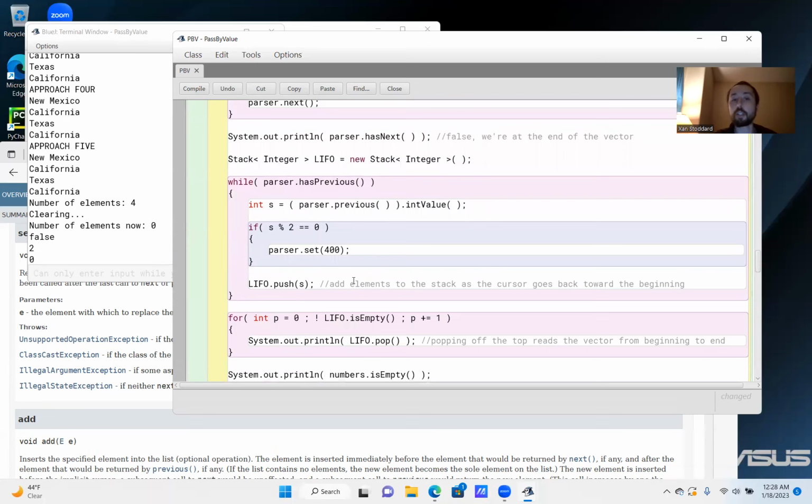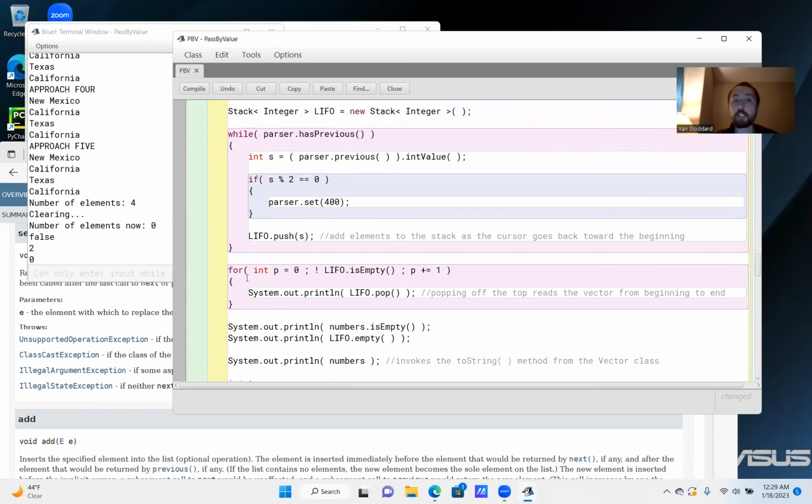So what this does is it's going to add elements to the stack as the cursor goes back towards the beginning, because you're going to keep calling parser.previous, and one at a time, the cursor is going to go back towards the beginning of the vector. But each time you do that, you're going to add that previous element to the stack, right? So it's like adding the elements to the stack in the reverse order of the way they were in the vector. But then what we're going to do is say for int p equals 0,